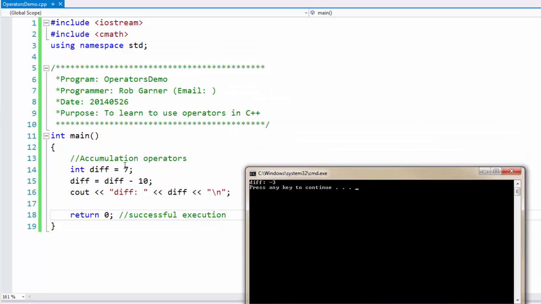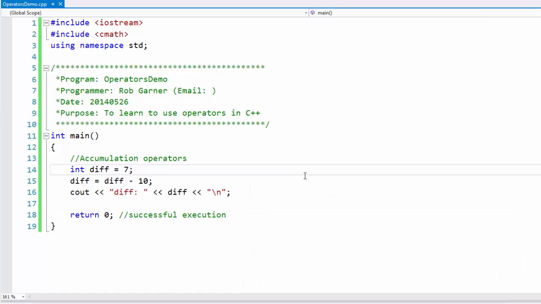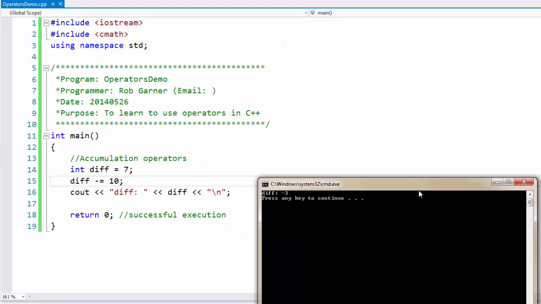And what we can see is diff is 7, 7 minus 10 is minus 3, that goes back into diff, and then it displays itself as minus 3. But again, we have a shortcut notation, and what this means is subtract 10 from what was originally there and store it back into itself, and we can see that we get minus 3,